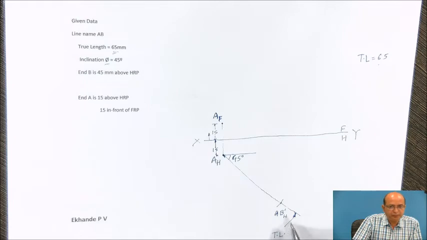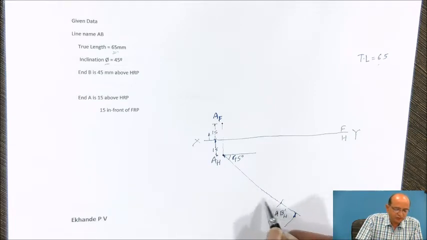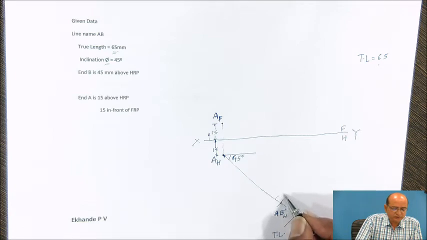So that is B dash H, because end is the B and dash is put for indicating it as a shifted position, because this is a problem where we are considering the oblique line. It is not the line which is considered as a principal line, that is the horizontal or the frontal line. So this is a shifted position and the projection point will be obtained as BH. Here this 65 millimeter distance is marked, and so this 65 millimeter is true length of the line.